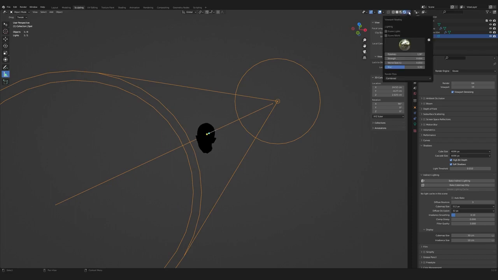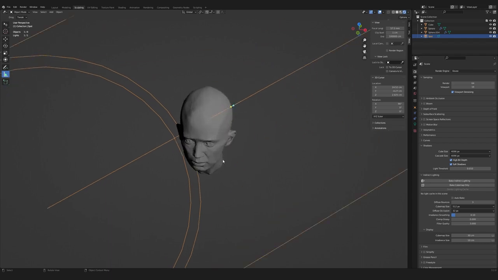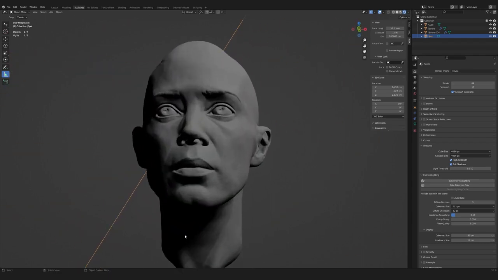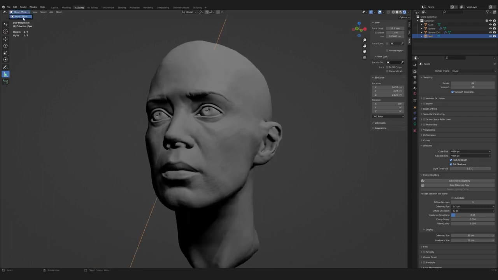Let's go here within our little drop-down arrow that is right here. Let's say that we want to render this with the scene lights, right? So now you can see that we're actually getting some really good shadows going on in here because we are using Eevee. And so already the lighting here has been tremendously improved versus the studio lights setup that we had before. But the problem now is that if we switch back over to sculpt mode here,